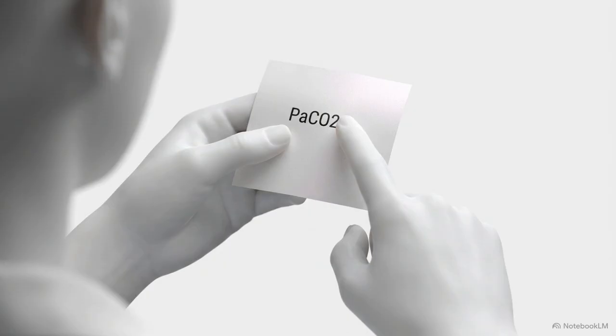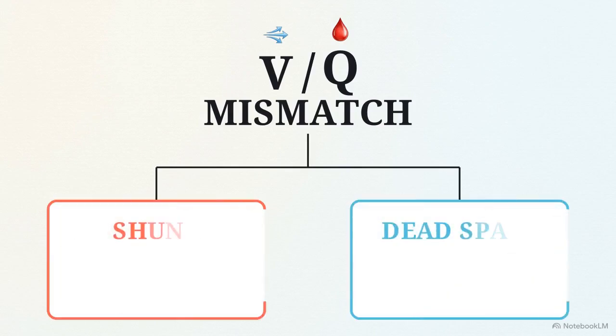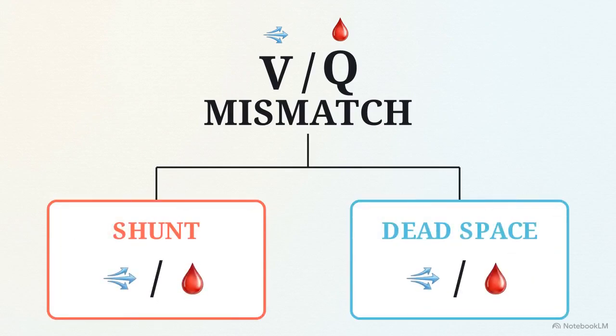Analyzing the carbon dioxide level gives clinicians a precise tool to reverse engineer exactly which of these three mechanisms is driving the patient's oxygen deficit. VQ mismatch is a broad category. To treat it effectively, we have to split it into two extreme clinical patterns, based on which side of the